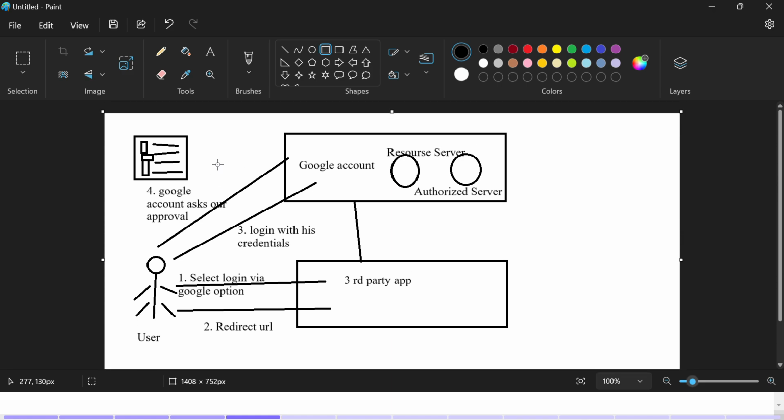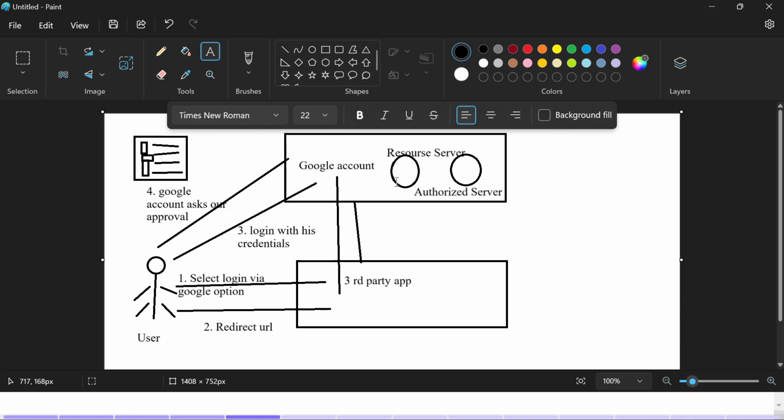After this, whenever we give approval, Google provides us a token, an access token. Now here the access token comes into the picture. Google redirects us from the Google web page to this third party application, and along with that, it also sends the access token. Now we are in the